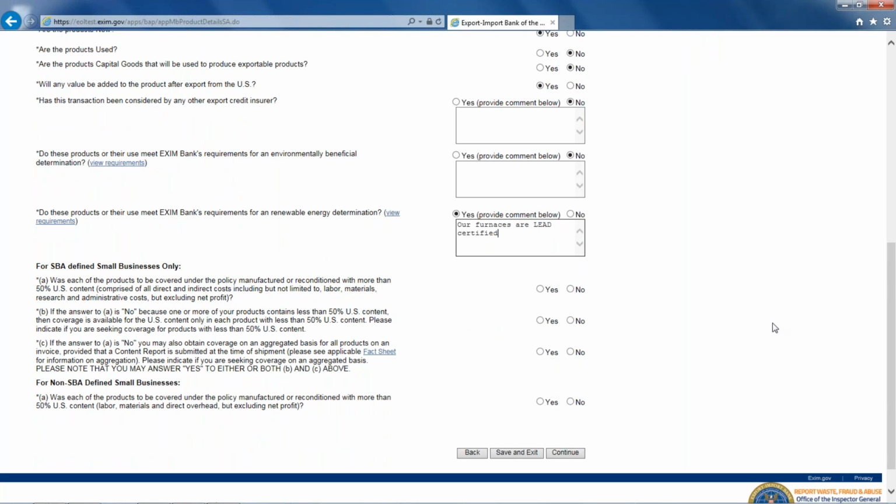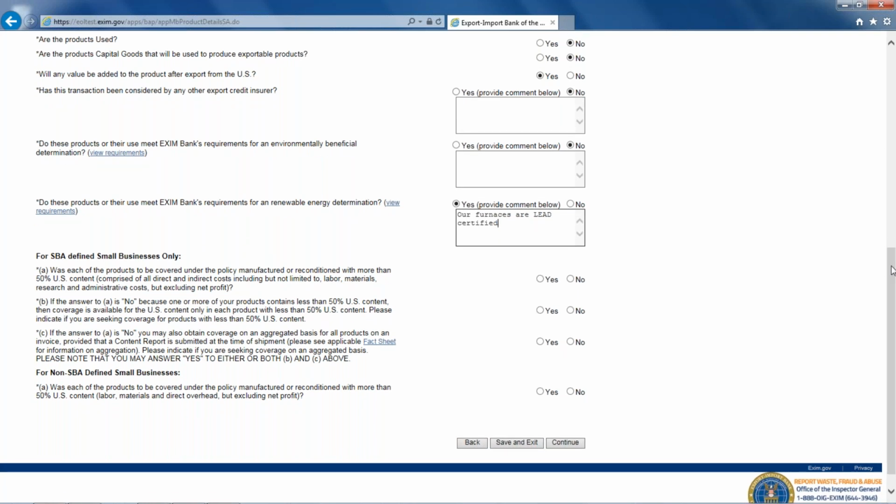And now we're going to go to questions about the SBA definition of small business and make sure that you are meeting the requirements with respect to content. So the first question here, and you'll see these on the other application forms as well, was each of the products to be covered under the policy manufactured or reconditioned with more than 50% U.S. content?